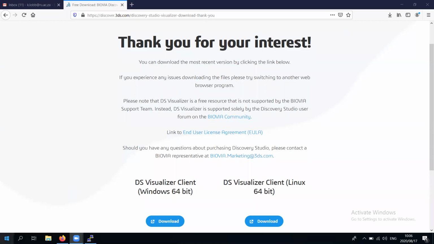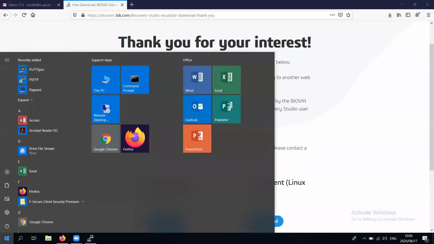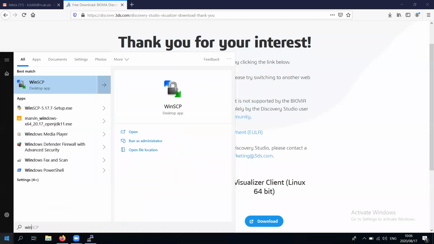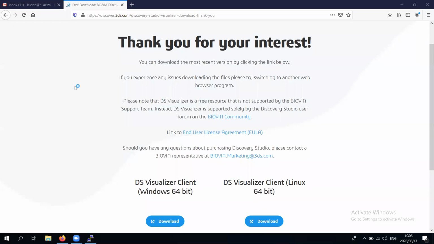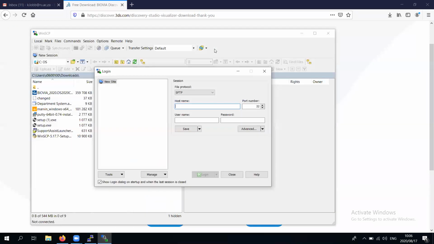So to access WinSCP, please find WinSCP on your system. With WinSCP, you're going to connect to carbon.ru.ac.za. Okay. And your username must have no capitals in. And then the password I sent you. And then when you log in,